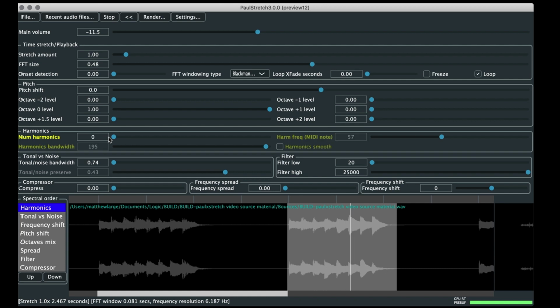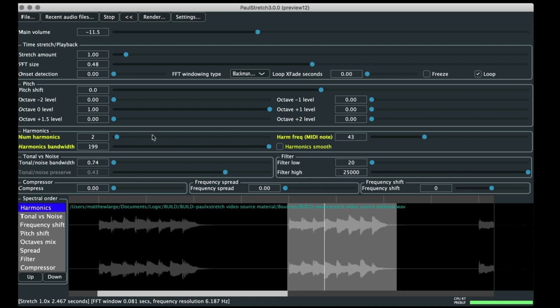But so that's without any treatment. And then we'll say we want to hear one harmonic or two harmonics at the frequency that represents MIDI note 54. And we've got a wide harmonic bandwidth. And as you can hear, it's kind of filtering the material depending on which root note we choose. Will depend on what little partials pop out of the source material, because remember we're filtering, we're saying we only want two harmonics from this particular point in the frequency spectrum, and although we want the bandwidth of those harmonics to be quite wide,